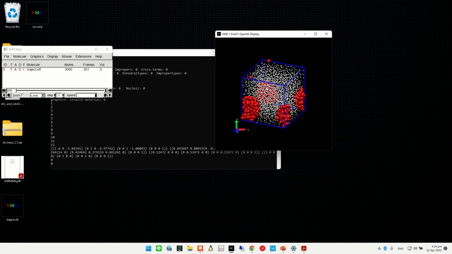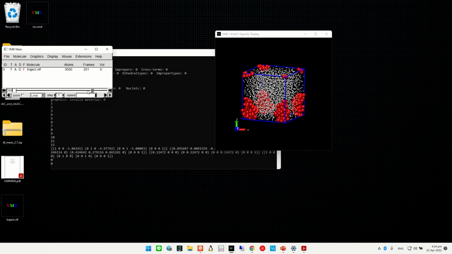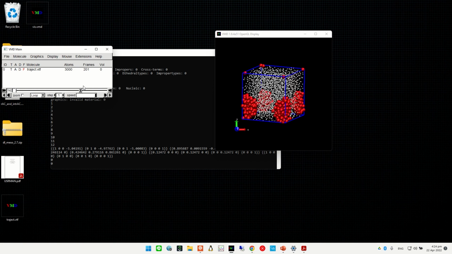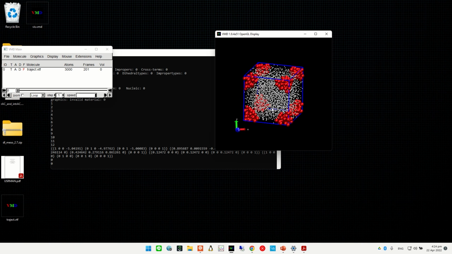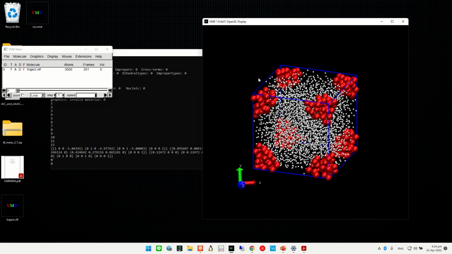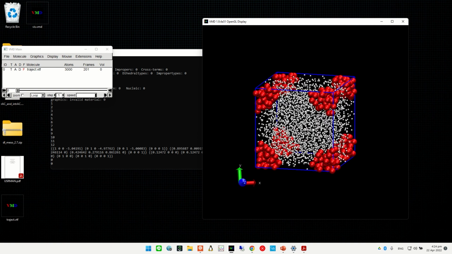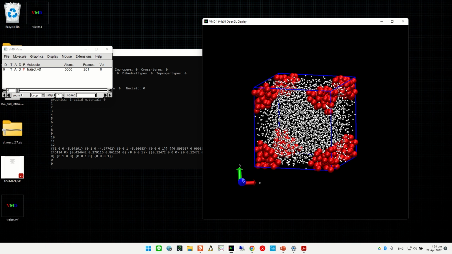Anyway, how do I move this? Yeah, this is at a corner. I want to move it to the center of the box. Okay, this is my text for you. All right, I will still try to do that in the... you know what, I probably won't. Can you alter the simulation to move the spherical droplet to the center of the box? All right, that's my homework to you. Can you do it?